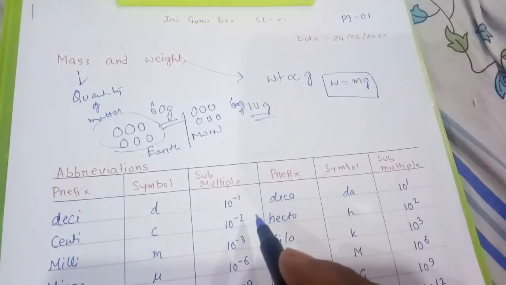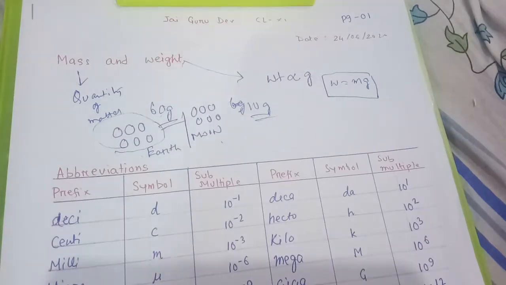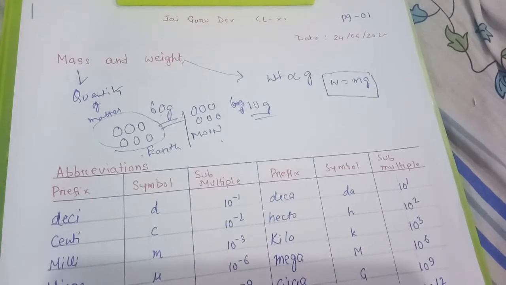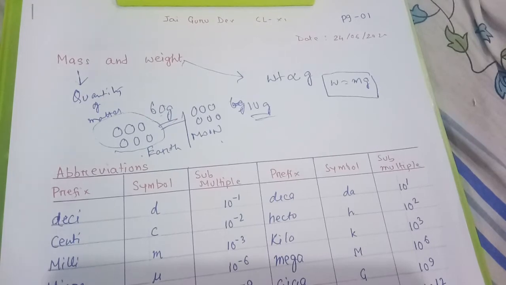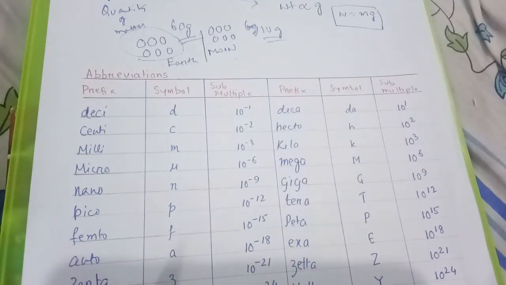So one point students remember, mass is the quantity of matter which remains the same, means if it is 6 it remains 6 on the earth, moon, maybe on the surface of another planet, but weight is directly proportional to the gravitational pull. So earth's gravitational pull is more, this is why a substance weighs more on the earth's surface compared to the surface of the moon. I think we have read mass and weight in physics also.